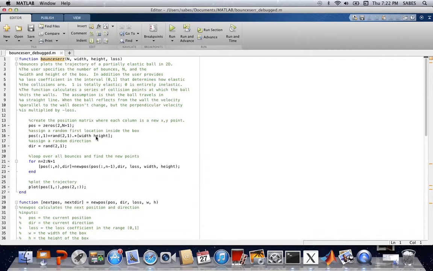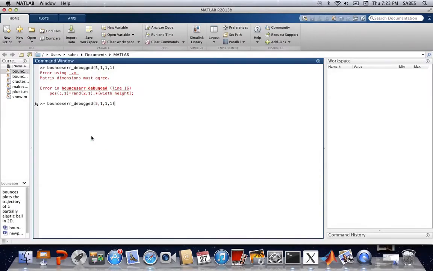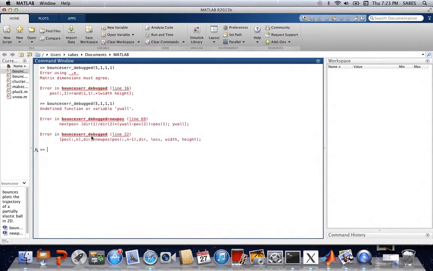So something is wrong here, and what we understand is that we want to find some initial random positions, just 2 positions. Here you have 2 random numbers, a 2 by 1 vector, so this must be a 2 by 1 vector as well, and that means we are missing a semicolon here, and that would probably solve it. So we save it, we go back, run it again, and we see that that error is gone. Now it's something about